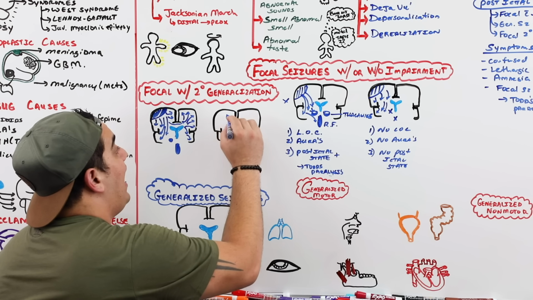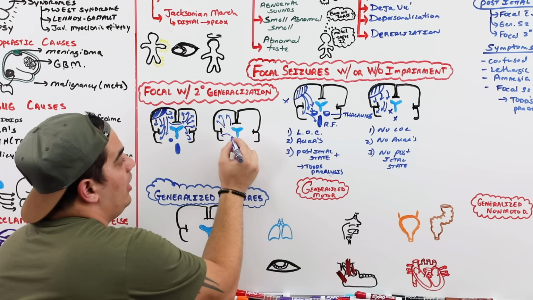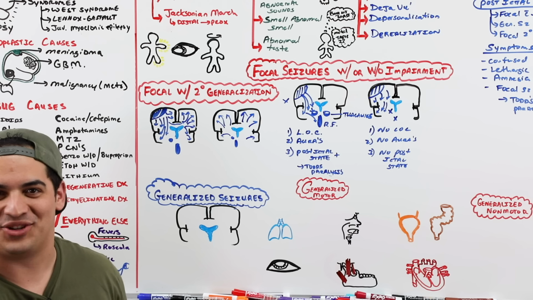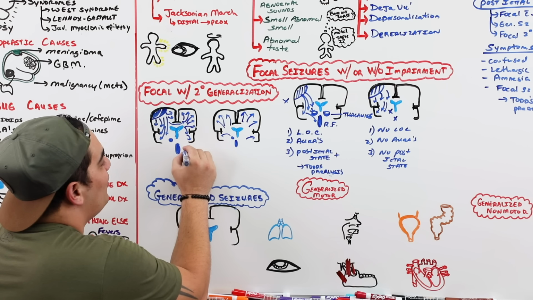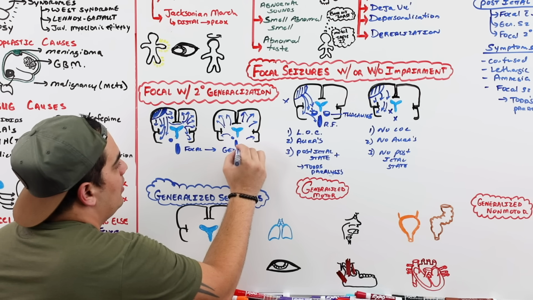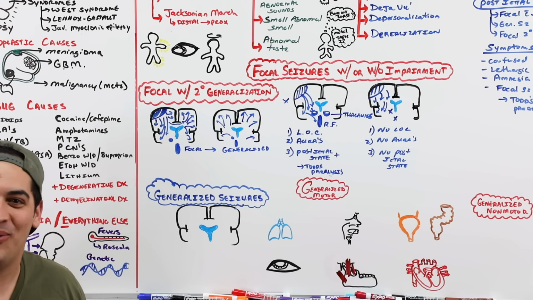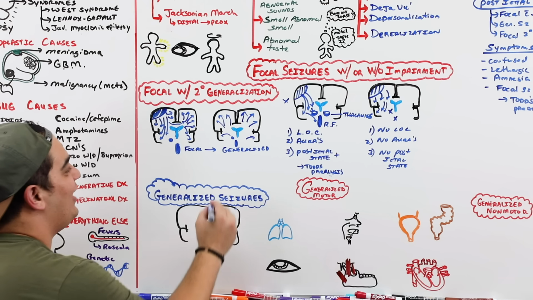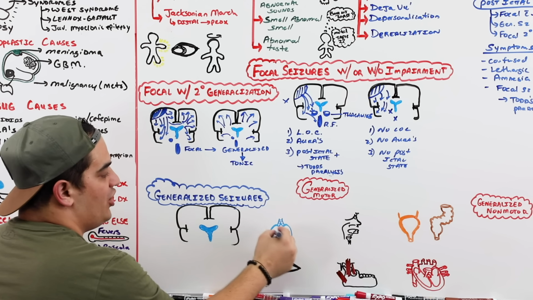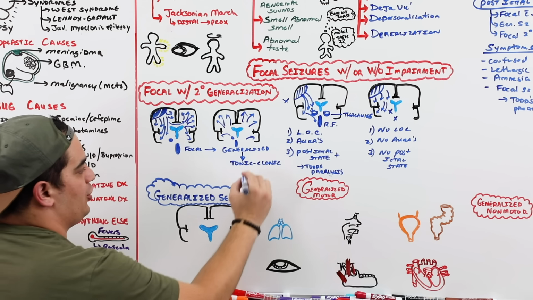What is bilateral hemispheric involvement that is also involving the thalamus and the reticular formation called? A generalized seizure. So this was a focal seizure that became generalized. This is very, very important. What you really want to remember is that usually this presents as a type of seizure that we're going to talk about within the generalized topic called a tonic-clonic seizure.